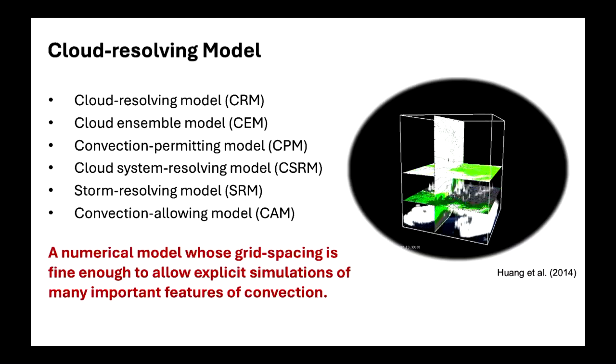Apart from cloud resolving models, sometimes in the literature you'll see cloud ensemble model, convection permitting model, cloud system resolving model, storm resolving model, and convection allowing model, right? It's just some variation in the naming, but by and large they all refer to the same thing, which is a numerical model whose grid spacing is fine enough to allow explicit simulation of many important features of convection.